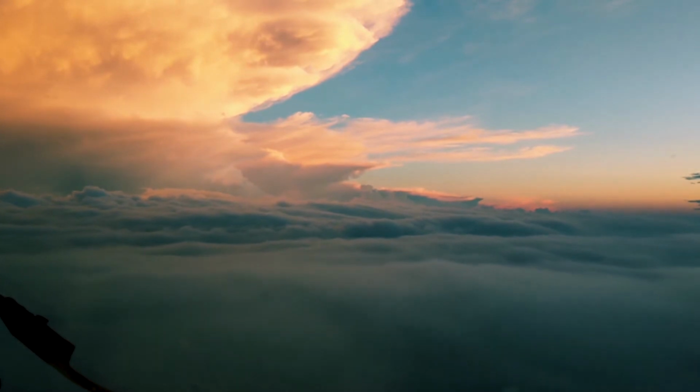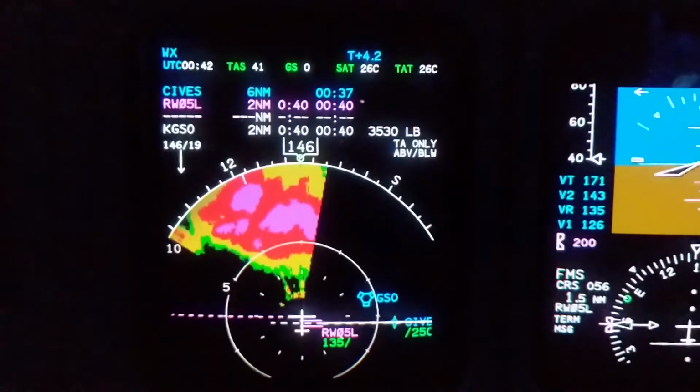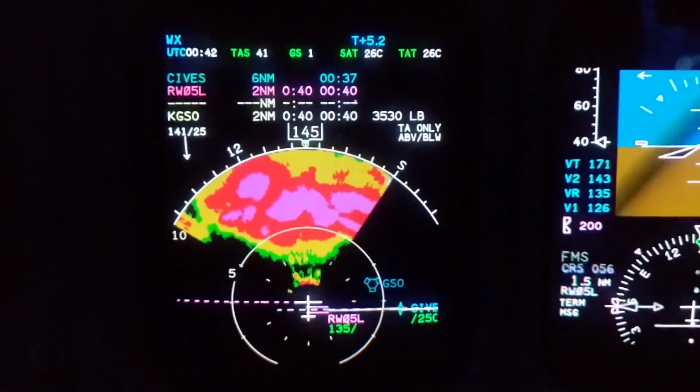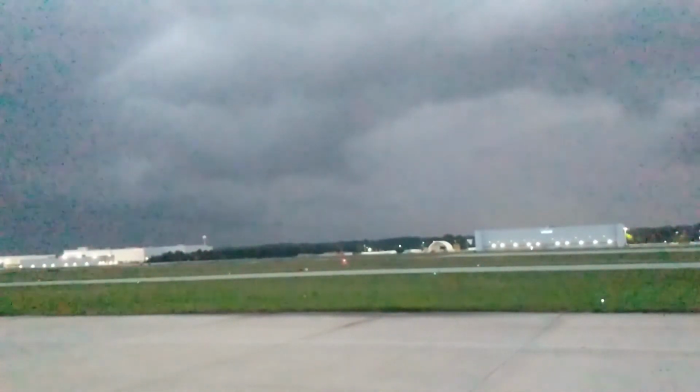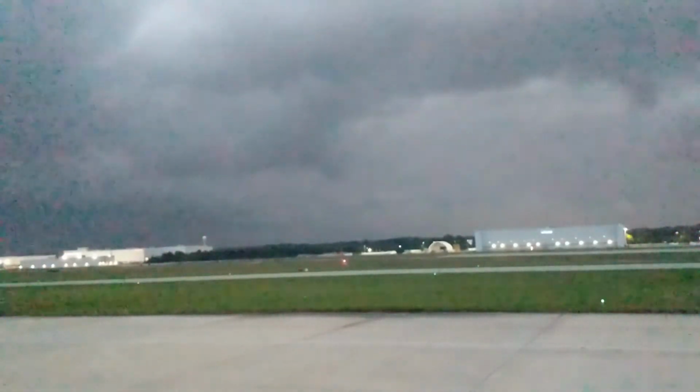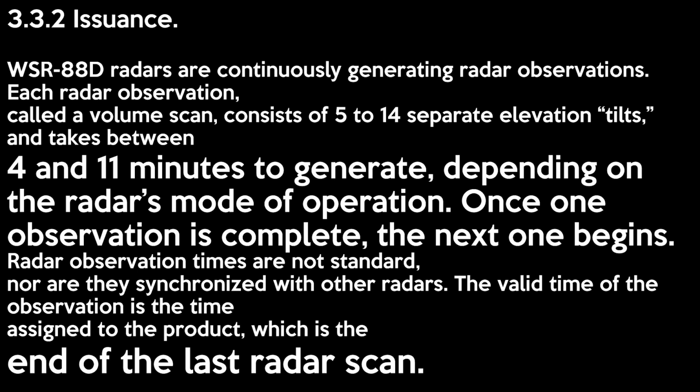Now, the last thing I'll leave you with before we look at a real-world application of using radar, both from the National Weather Service, radar on an actual aircraft equipped with onboard weather radar, and then actually just looking out the window and seeing what we see, compiling all that together. Before we look at that real-world case study, the last thing I want to leave you with, very important, especially for a lot of us that are flying with ADS-B and getting weather piped into our cockpits, is that weather is old, and oftentimes it is older than the